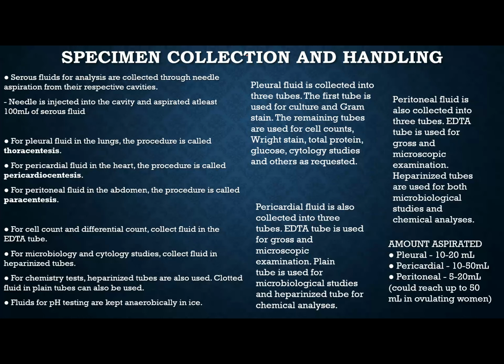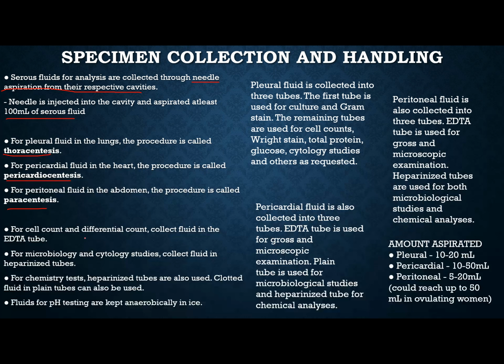Now, how do you collect your serous fluid class? You would usually collect this through needle aspiration from their respective cavity. So if you want to collect pleural fluid class, you would collect it in the lungs, for pericardial in the heart, and peritoneal in the abdomen. So a needle is injected into the cavity and you would aspirate, or the doctor would aspirate, at least 100 ml of fluid. So if it's pleural fluid class, the procedure is known as thoracentesis. For pericardial fluid, the procedure is known as pericardiocentesis. If it's peritoneal fluid in the abdomen, it's known as